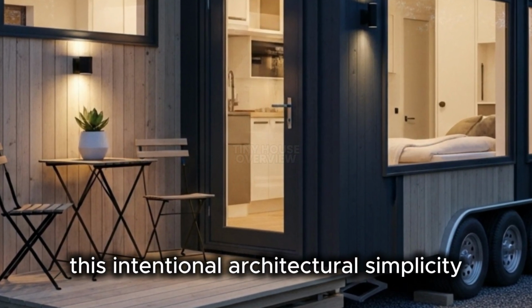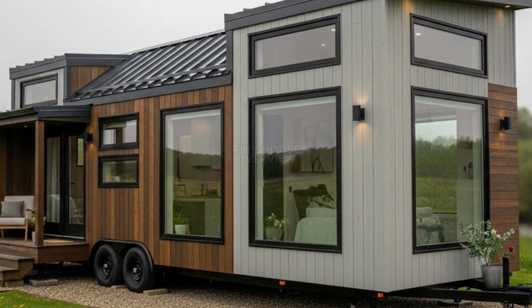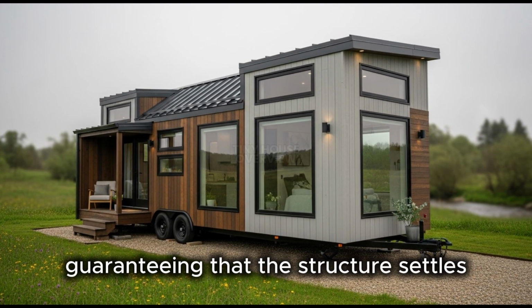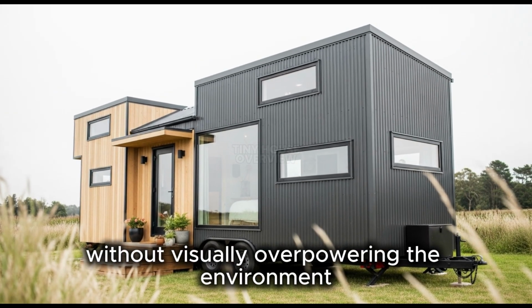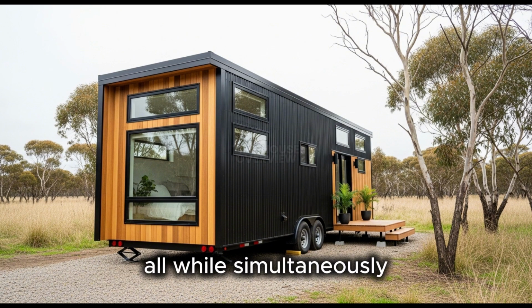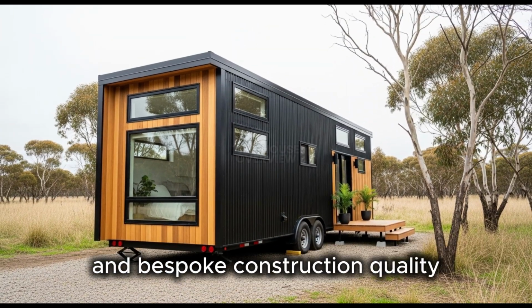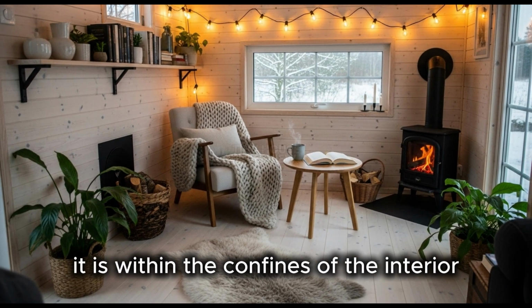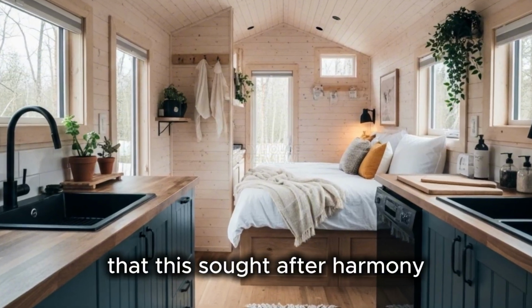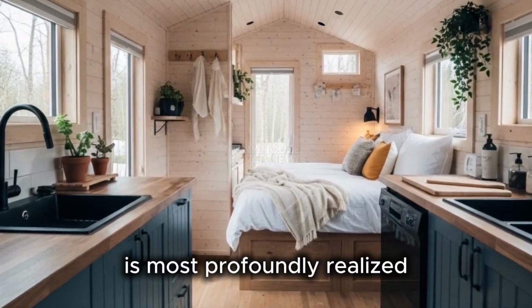This intentional architectural simplicity acts as a silent tribute to serenity, guaranteeing that the structure settles quietly into its setting without visually overpowering the environment, all while simultaneously showcasing an elevated standard of modern styling and bespoke construction quality. It is within the confines of the interior that this sought-after harmony between sophisticated style and peaceful stillness is most